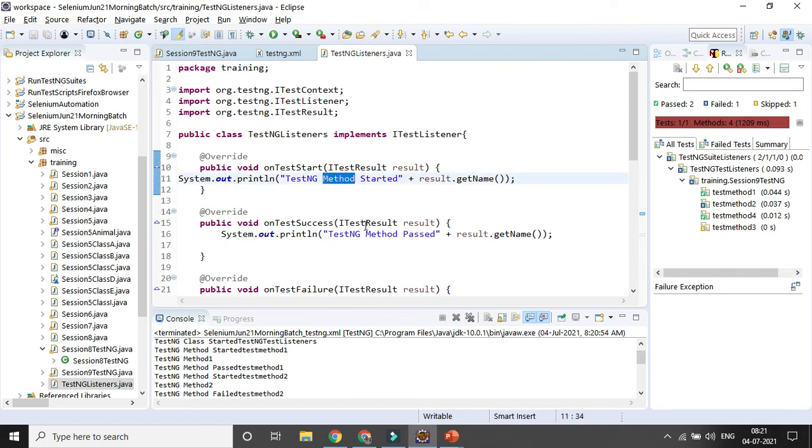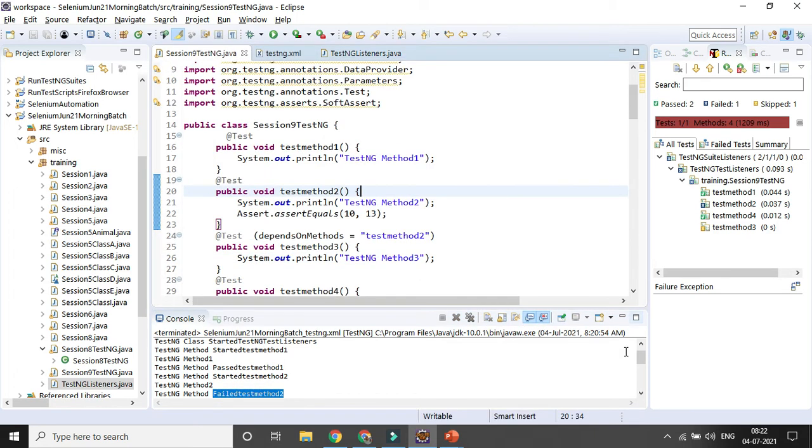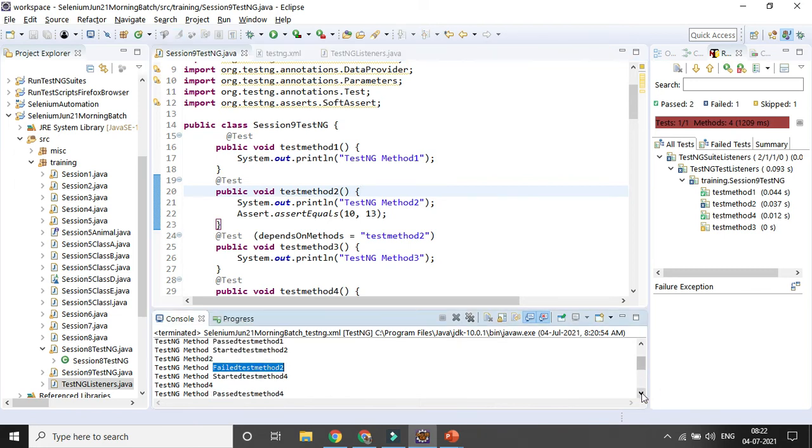TestNG method started, passed, and you can see here the method name in case it is passed. So this is adding with the name. For failure, it is also adding with the name, because here method 2 is getting failed. Similarly, your method 3 is getting skipped, it is coming as skipped. Method 4 also passed, and the finish part is also there.